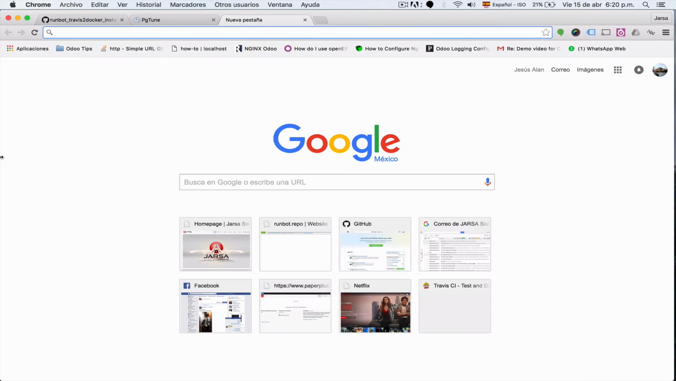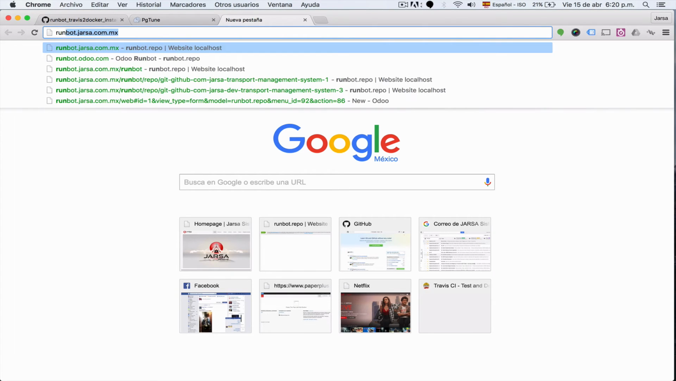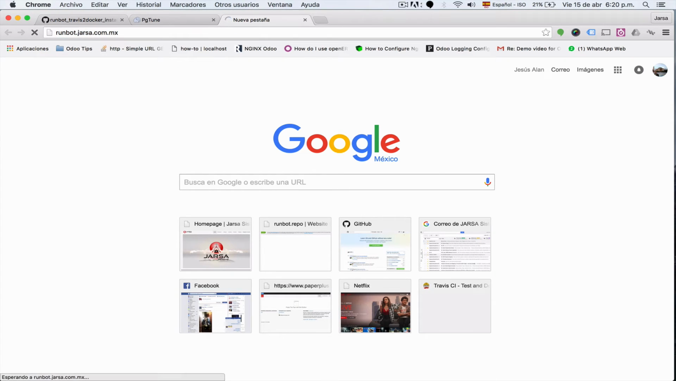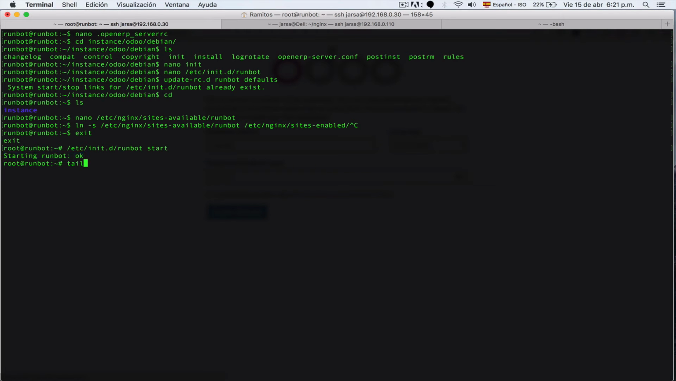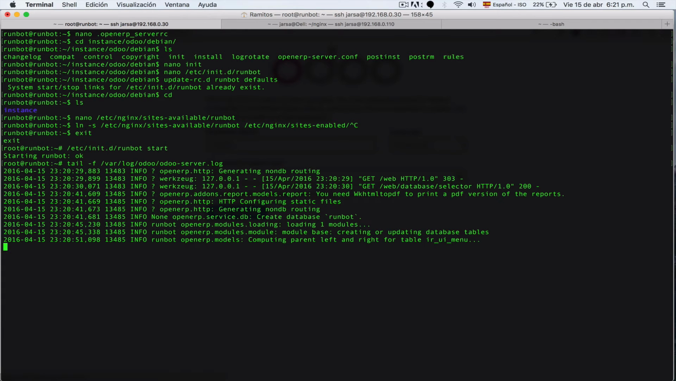You need to enter the domain and it will show you to create a new database. I will call it Runbot and I will put the password. I create the database. If you see, you can see the logs, var log, odoo server.log,